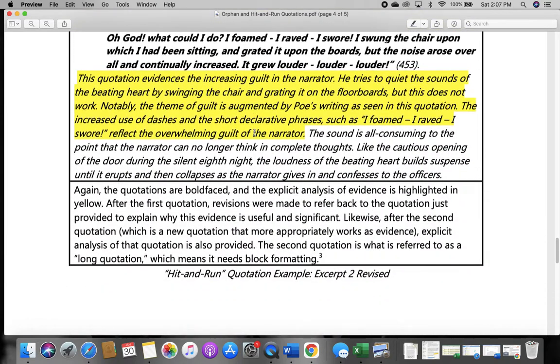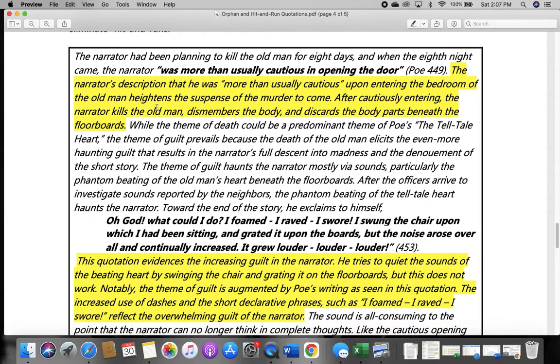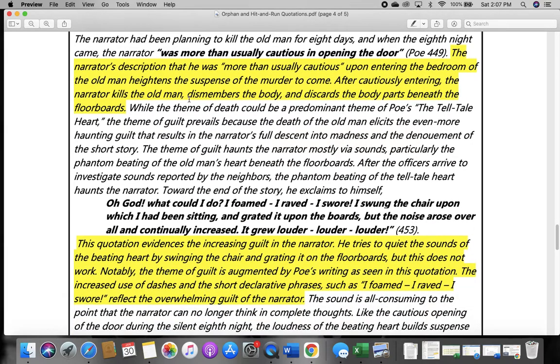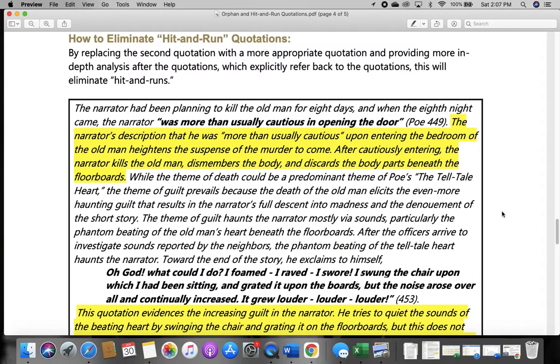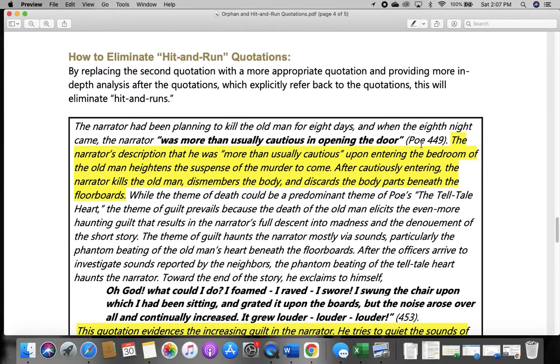So I'm just going to read through this, and the yellow is the analysis. The yellow is me saying, here's where I'm referring directly back to the evidence. This is what we call recursivity. We're going back and forth so I can explain to the reader what this evidence is doing. Why is it here? So the narrator had been planning to kill the old man for 8 days, and when